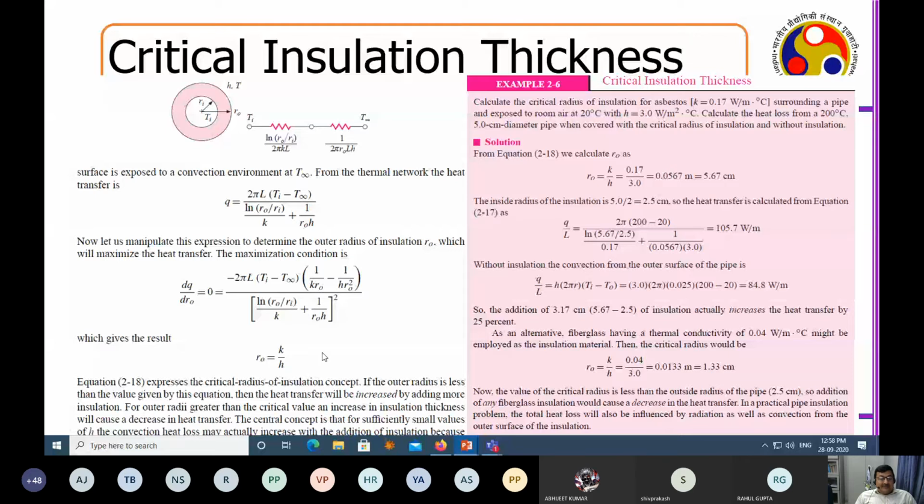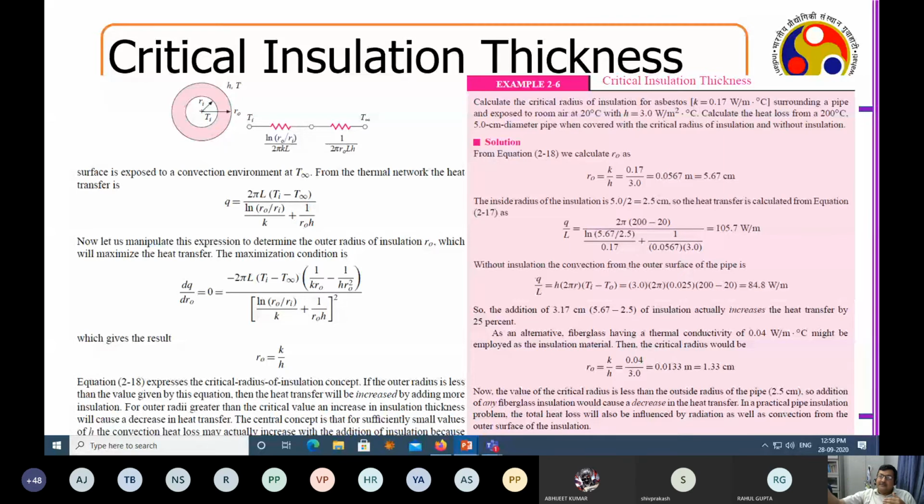Question is that we know that if R0 is too high, the convective heat transfer will increase, whereas if R0 is too high, you are also reducing the conduction. Okay, so there are two competing forces. If I keep putting the insulator, what will happen? There will be a very thick insulation. It will not allow any energy transfer. Whereas if I keep increasing the thickness, what will happen?